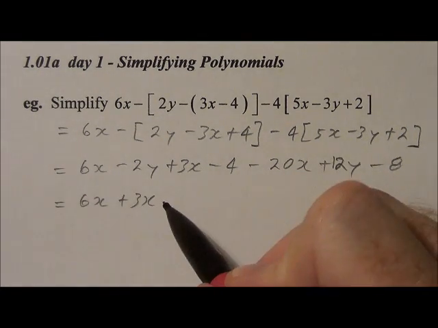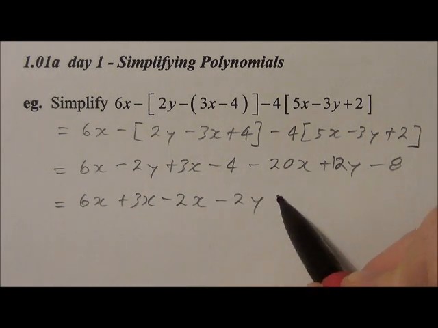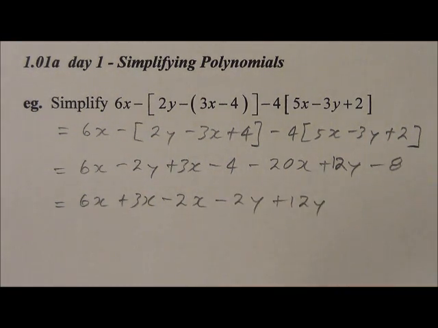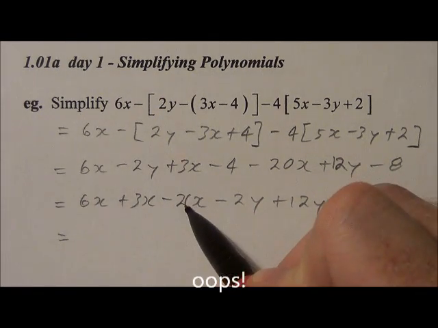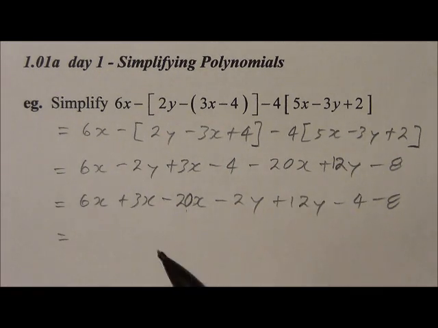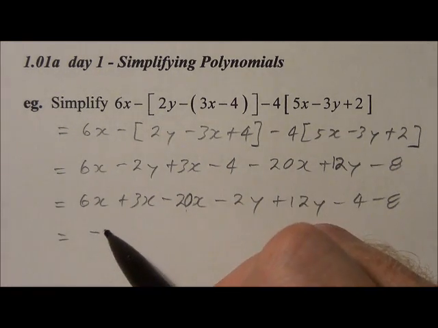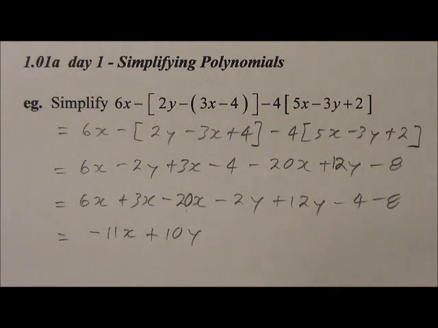I won't do this all the time, but just for now I will collect all the like terms. Okay, pause. I forgot the 20 there, that's negative 20x. And then we'll just collect that, so we get negative 11x plus 10y minus